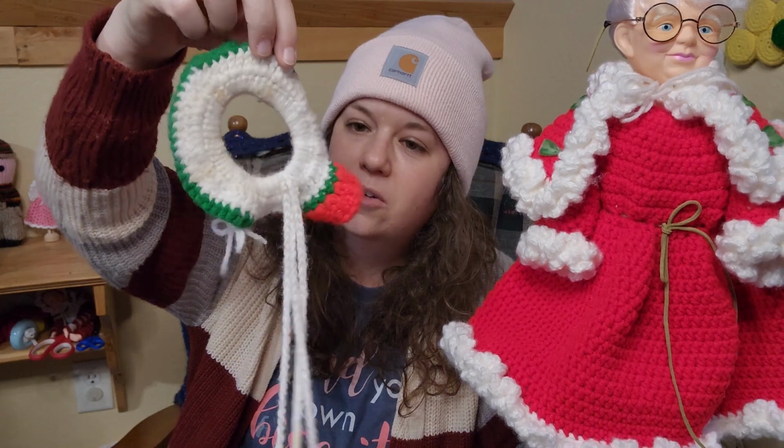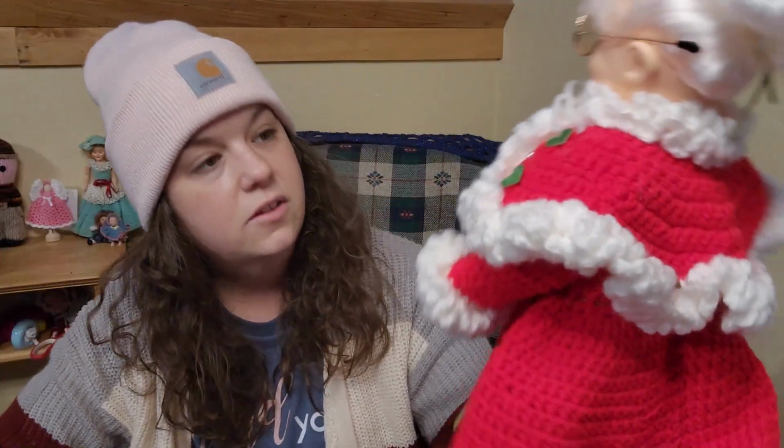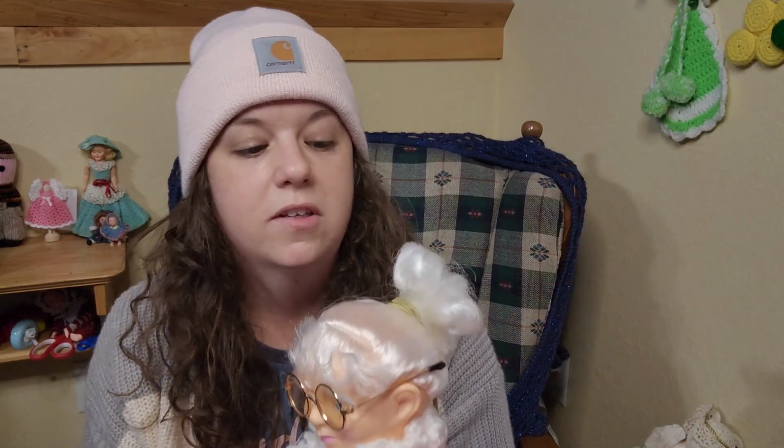This part is a little confusing. I don't think this is necessary, but you can always use these bells. So I got her for $3, I think. As soon as I saw her, I walked straight over to her, grabbed her, and was like, I'll figure out the price later. So I got her, and then in that same store,